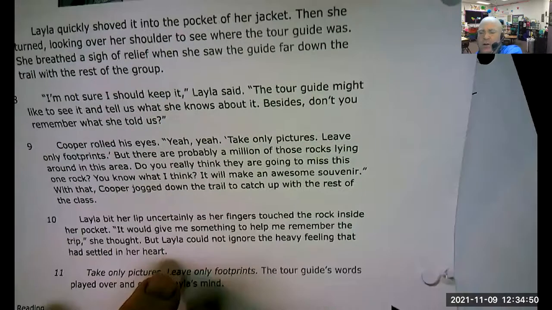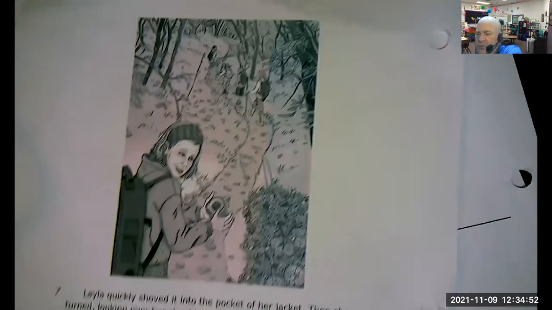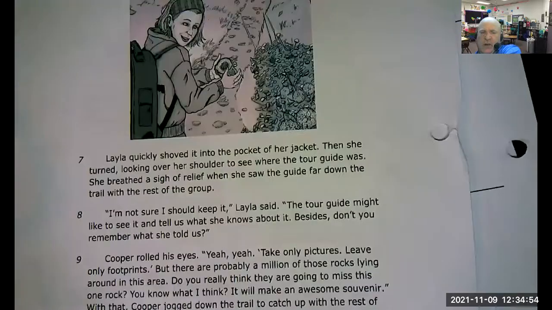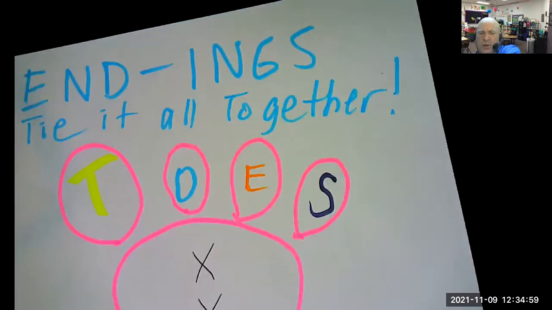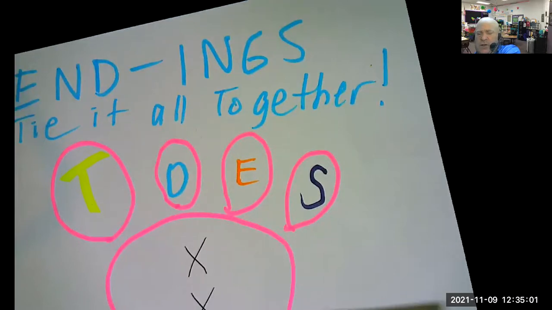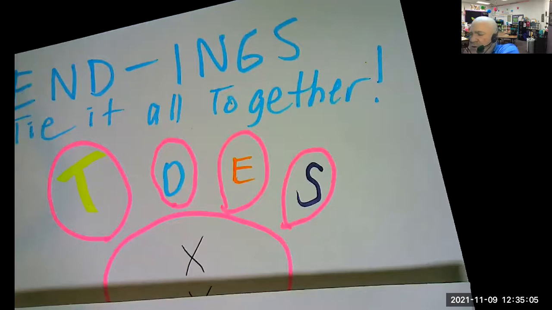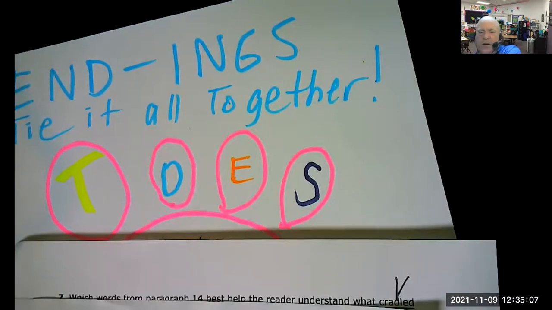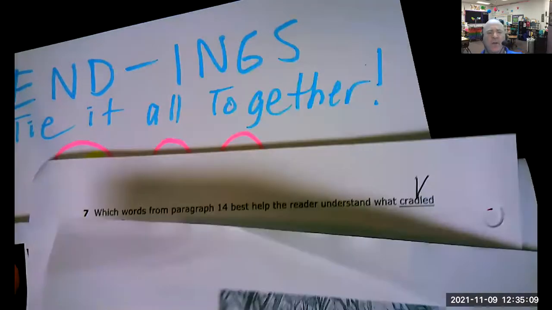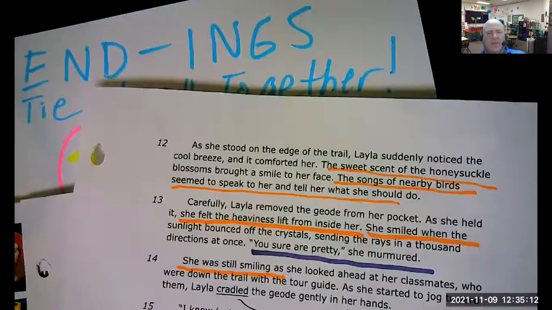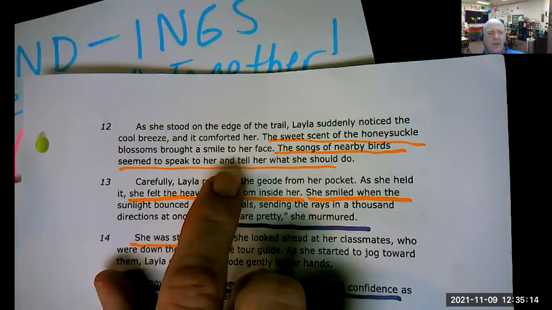And so if you want to color code the letters of TOES, T was yellow in my case, the O was blue, the E was orange, and the S, that's kind of purplish there. So on the last part, as we transition, the important details: the sweet scent of the honeysuckle blossoms